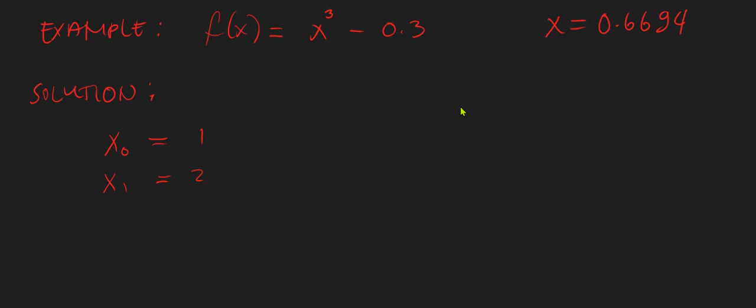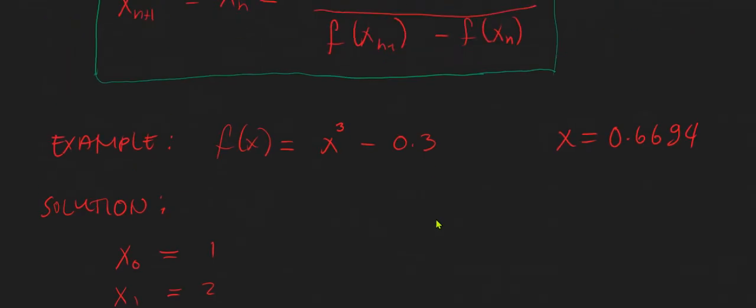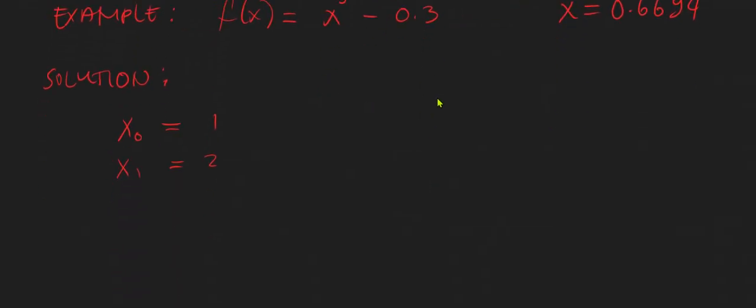So next, the next thing that we will be doing is to solve for x2. x0, x1, x2, xn plus 1. Remember, xn plus 1. So if xn plus 1 is equal to x2, then xn will be equal to x1 and xn minus 1 will be equal to x0. So our formula now for x2 will be equal to xn. So this is xn plus 1. Remember, our n now will be 1. So x1